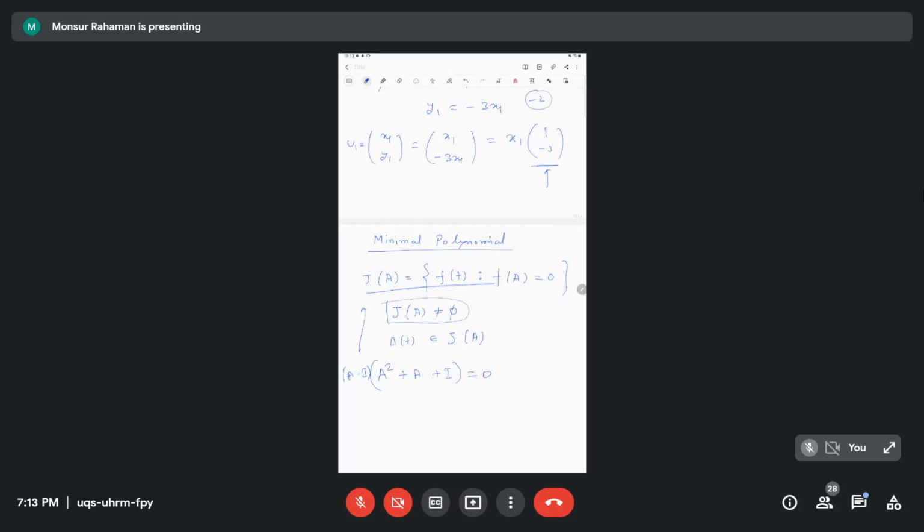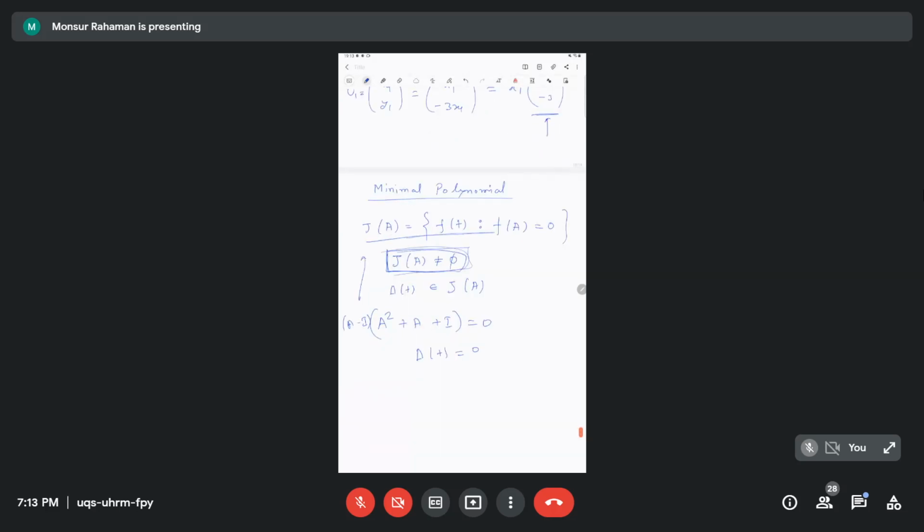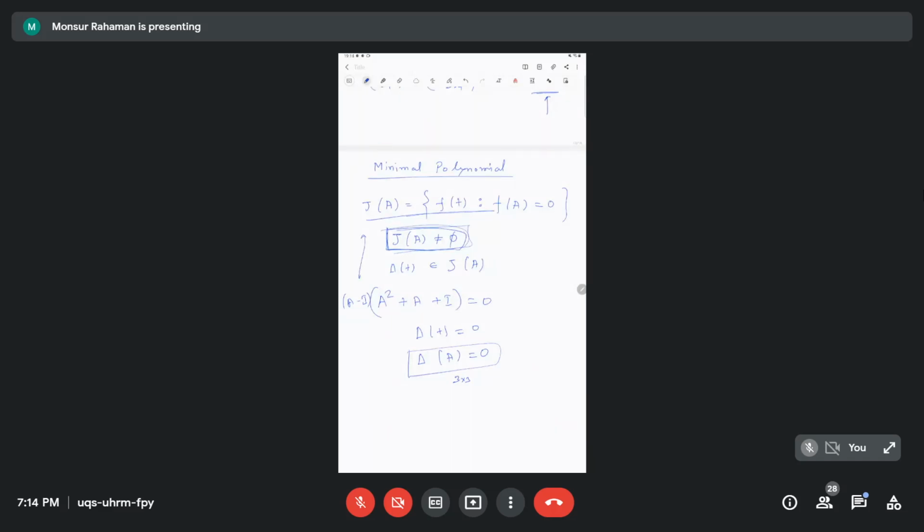So we are going to find a minimal polynomial that will satisfy this. The Cayley-Hamilton theorem says that the characteristic polynomial of A, evaluated at A, equals 0. So this will be the maximum degree polynomial; we don't need any more powerful polynomial. If A is a 3 by 3 matrix, a 3-degree polynomial is enough. So we are going to check if it is satisfied by a 2-degree polynomial or a 1-degree polynomial.